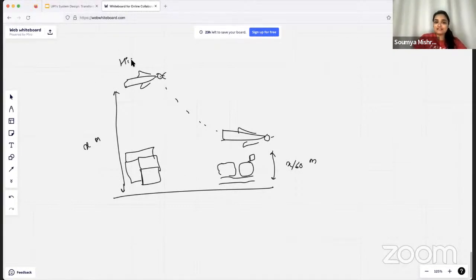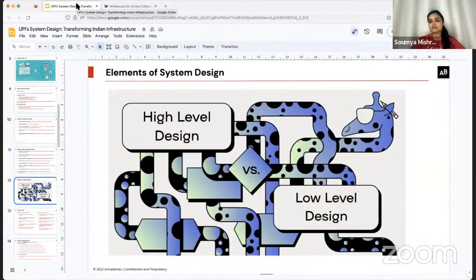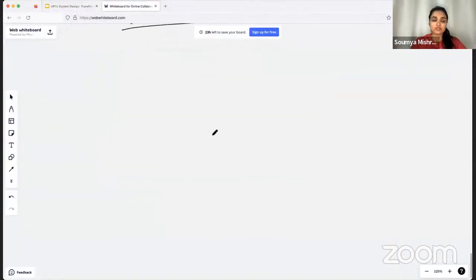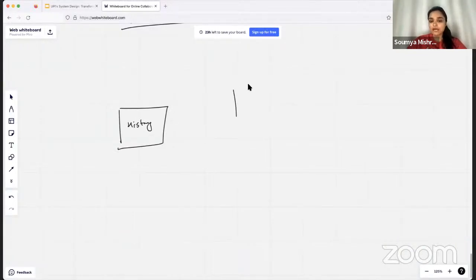This is what is high level system design, and this is what is low level system design. Basically, high level system design means designing the bigger components of the system, or how the system is going to look on the whole. So for example, take UPI. In high level system design, we can identify that there could be a component that takes care of history, another component that takes care of bank account details,